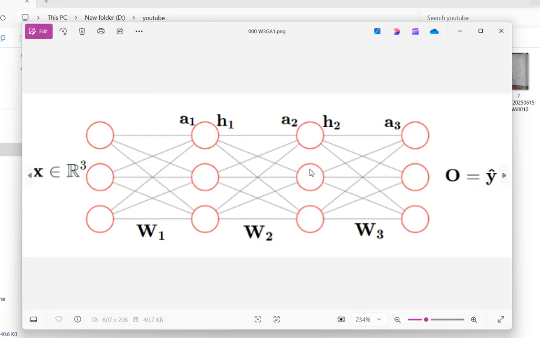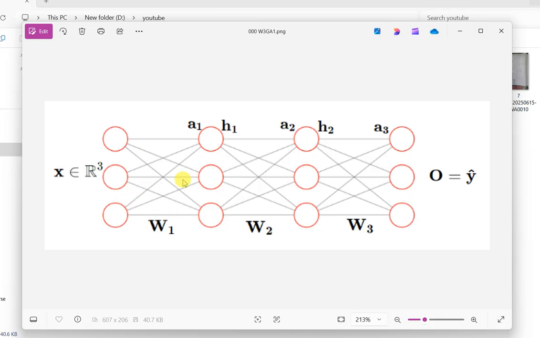Here we can see one figure. In this figure we can clearly see that x is an input variable in R3. Then we get the input as 3 neurons, then the weight vector, and with x and w1 we get the pre-activation a1. Then using the logistic function we get h1, which is an activation, and h1 will now work as input for w2, which is the weight vector for the second hidden layer,